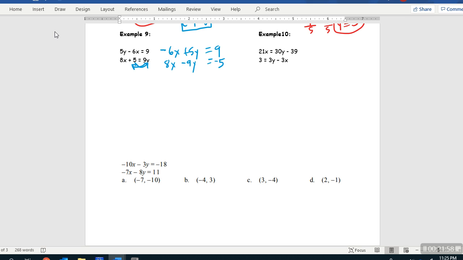So I'm going to multiply the top row by 4. That would give me -24x. I'm going to multiply the bottom row by 3. That would give me positive 24x here. So our new system is